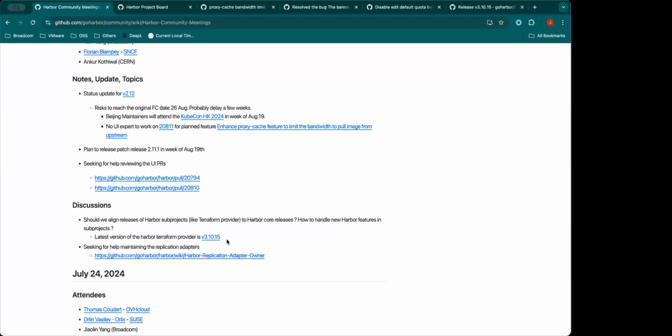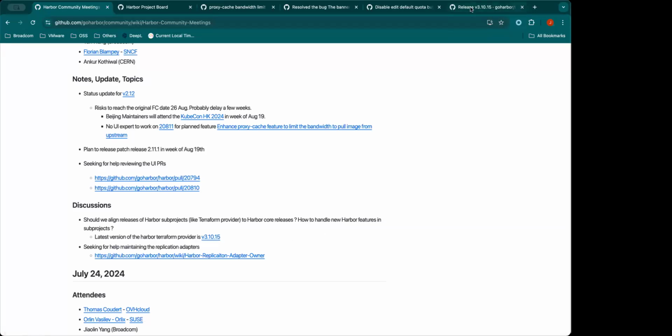But if you think 3.12 is easier to remember and makes people understand which Harbor version it is for, that should also work. Normally, when Harbor bumps up the minor version, a sub-project like the Helm chart or Terraform provider had better also bump up the minor version. Okay. Yes.